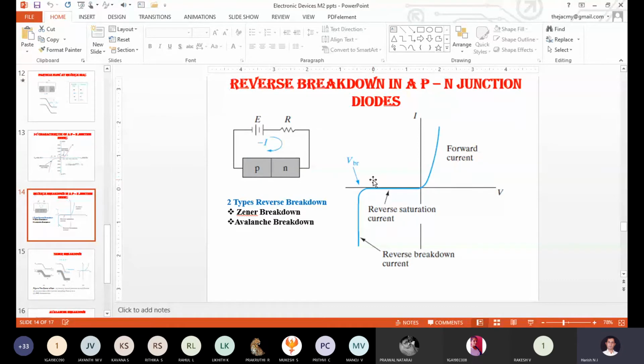When you keep on increasing the supply voltage beyond its limit, a very high reverse current starts flowing through the PN junction diode. Due to this very high reverse current, the diode becomes damaged. And one more question: will the diode be damaged only under the reverse bias condition, and not at all damaged under the forward bias condition?